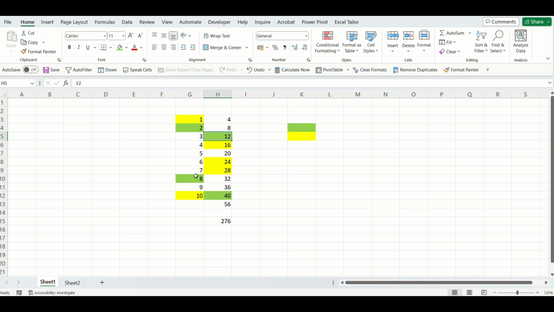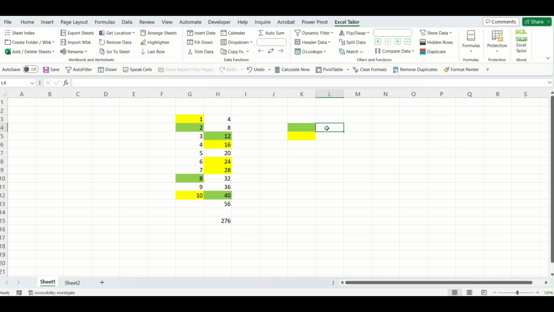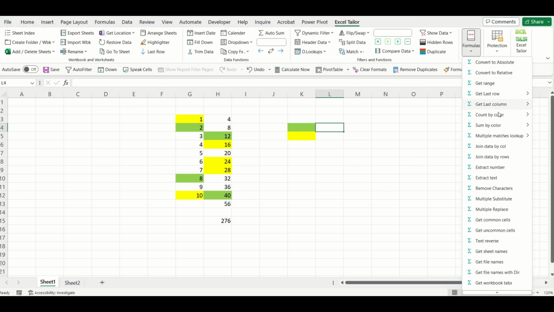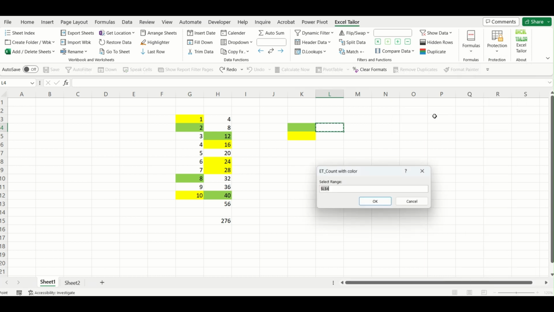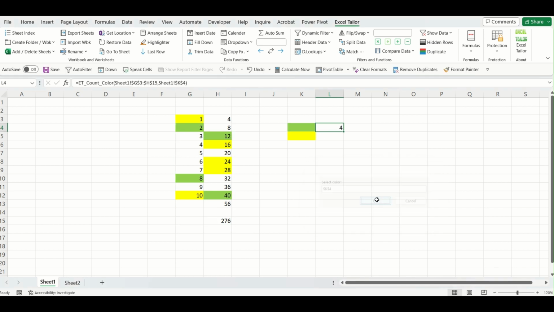How many cells in this particular range are green and how many cells are yellow? So what I will do, I will go to formulas, click on count by colors, because this is normal formatting, right? I will select this and it is asking me to select range. So I will select my range like this and I will select my color like this and click on OK. So it has given me the data 4 because I have 4 green cells,